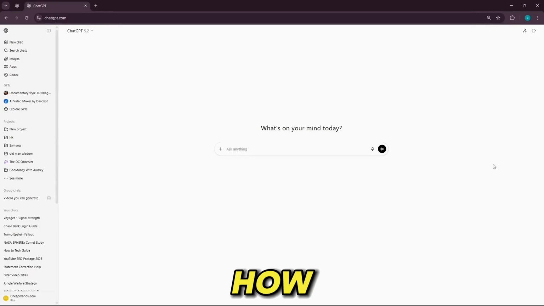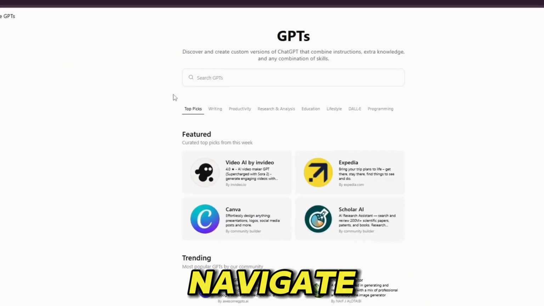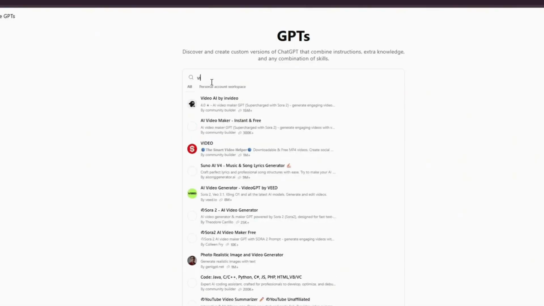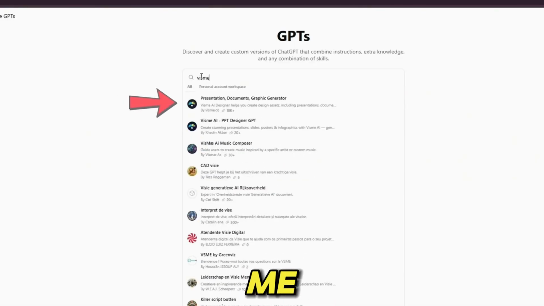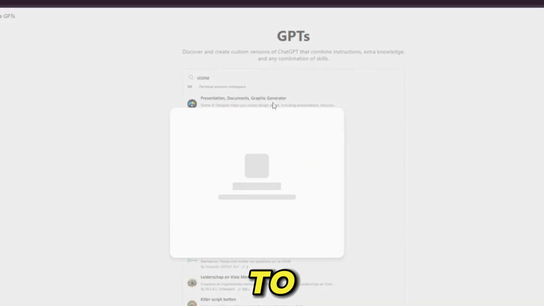In this guide, you'll learn how to create an ebook with ChatGPT. Navigate to the website of ChatGPT, provide your credentials, and log into your account. Once you're over here, navigate to the section Explore GPTs. In the search box, type in Visme, a tool suite for presentations, documents, and graphic generation tailored to various creative